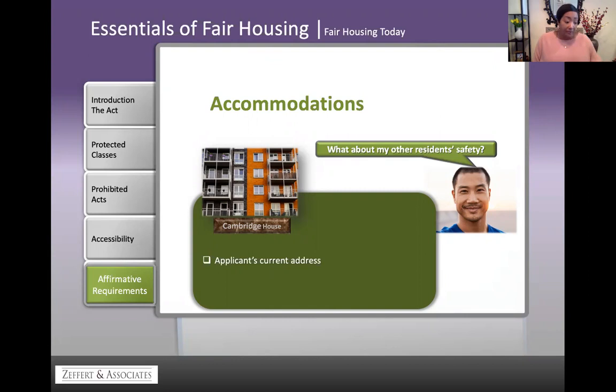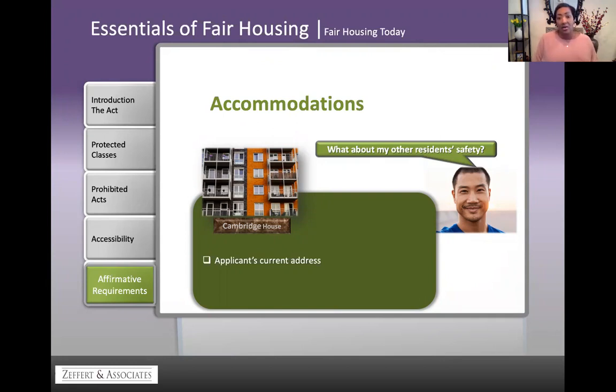It says, when we're talking about whether the applicant or tenant has received intervening treatment or medication that eliminated the direct threat, in such cases, the provider has options as to what you need to document and request from the applicant. Documentation from or on behalf of the applicant or tenant describing how the circumstances have changed so that the applicant or tenant no longer poses a direct threat. Satisfactory assurances that the individual will not pose a direct threat throughout their tenancy.